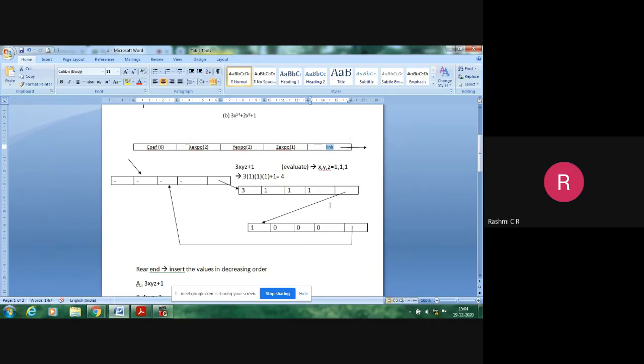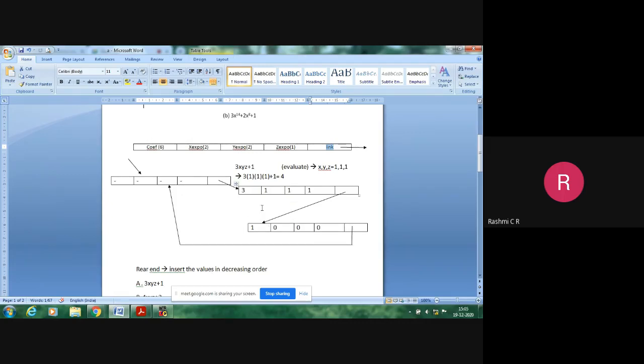Since it is a circular singly linked list, the last node's link part should point back to the header node. The link of the header node will always point to the first node in the linked list. That is the concept. So the first one is to represent the given polynomial using the circular singly linked list concept.